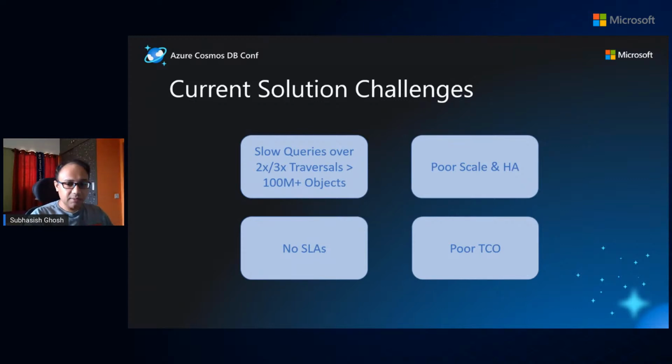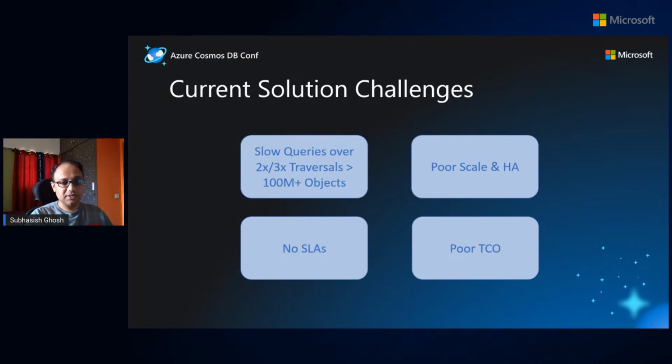not just the traversing bit of it, but if you want to get millisecond level latencies in completing these traversals, it becomes very important to look at optimized graph solutions and move from vertical graph solutions into something which can give you a horizontal scale. Number two, this particular solution built over two RDBMS solutions lacked scalability, and traditional on-premises HA was part of the solution, but the team needed to scale the server during peak times.